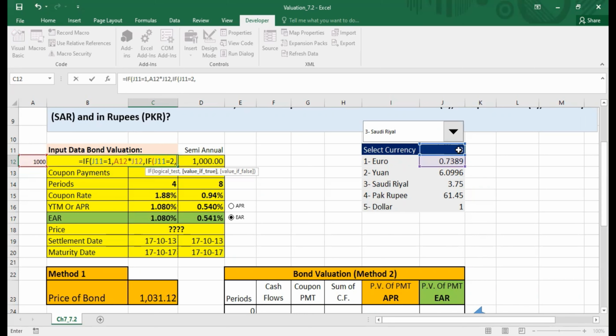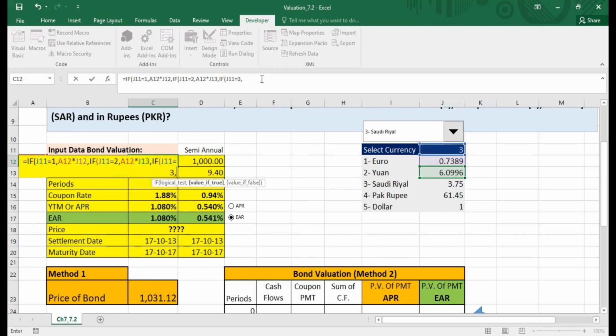Then my par value times the exchange rate of currency number 2. Now we still haven't finished our formula. Again we are going to write if J11, again I'm going to click on J11, is equal to 3. Then